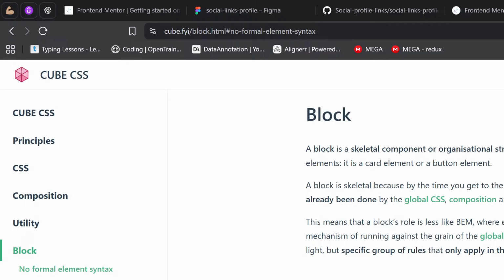So the block's role is less like BEM. In BEM, everything is styled inside a block, whereas in the block we write the